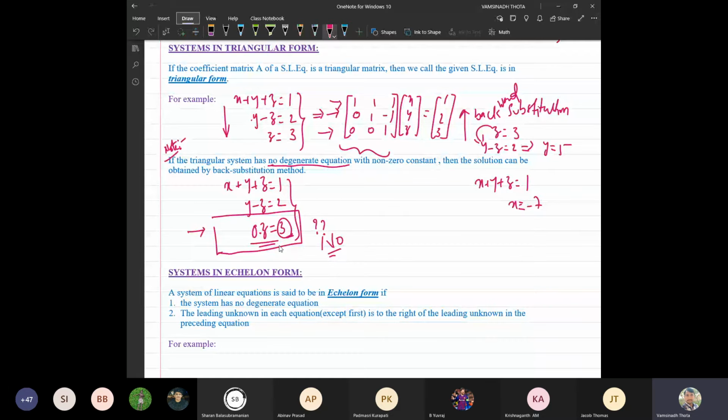If this equation does not have any solution, what about the system? Whether the system will have any solution? The equation itself does not have any solution, then how will the entire system have a solution? I think in between one of you said it will have a solution by taking a parameter. That is a nice thought, but it is not true actually.